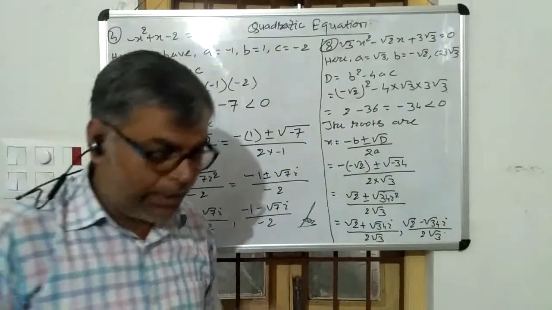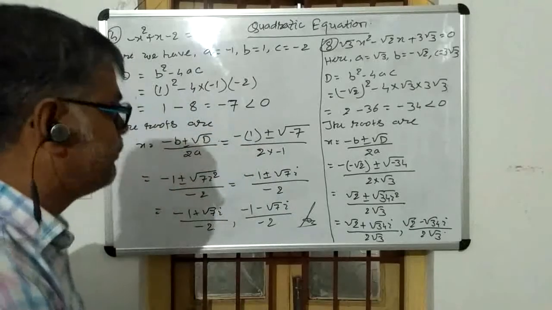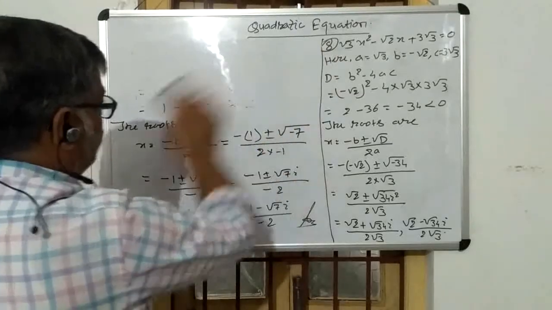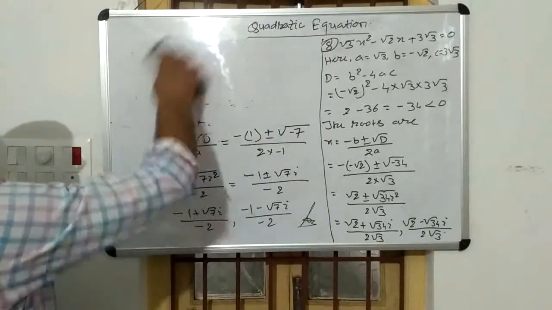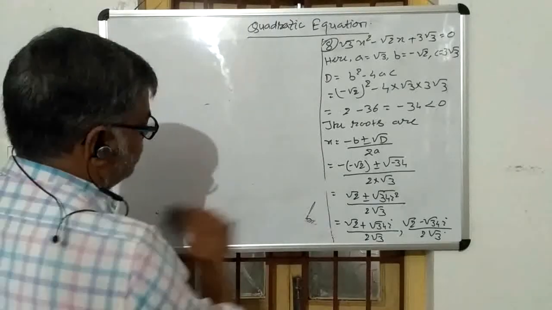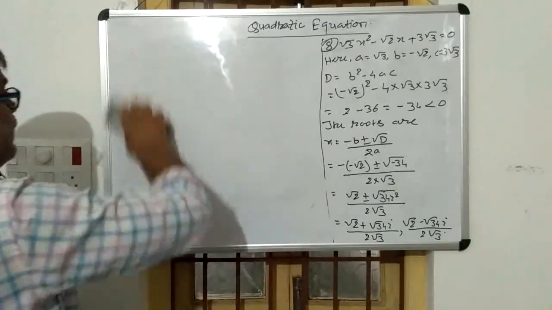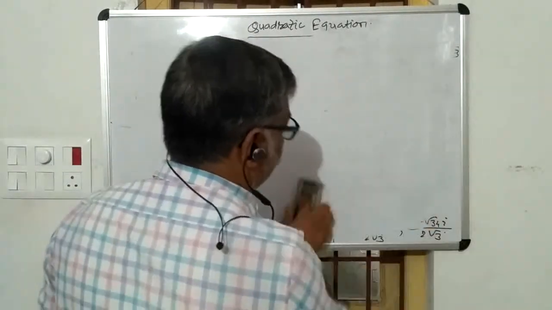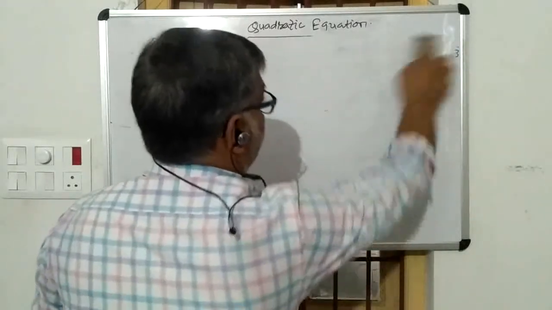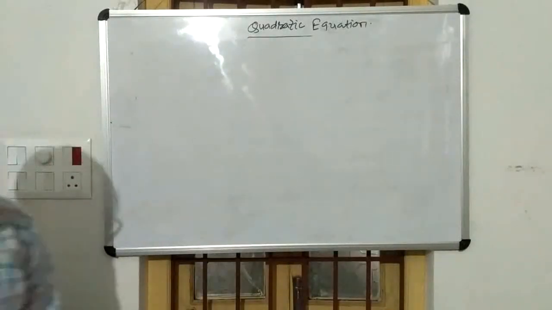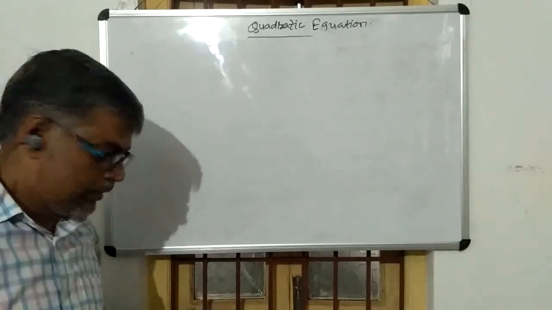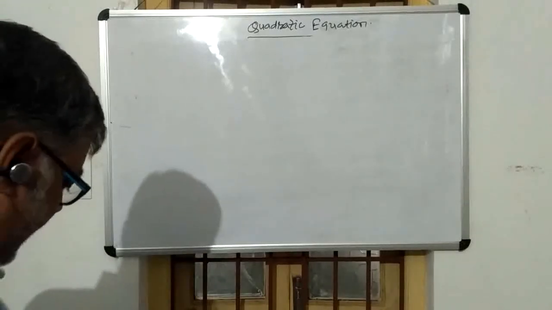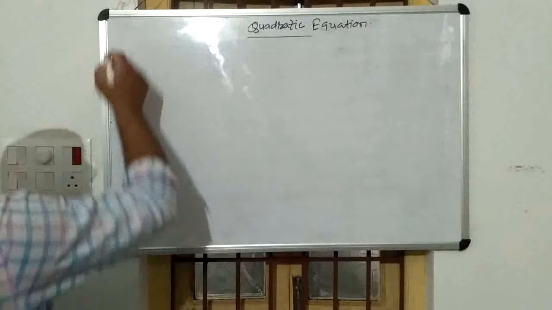Now let's take one more example of this type, and thereafter you can solve all the questions by yourself only. So let's start solving one another example. Our next question is, we have to take an equation which is not in a standard form. That is question number 10, which is the last question of this exercise.